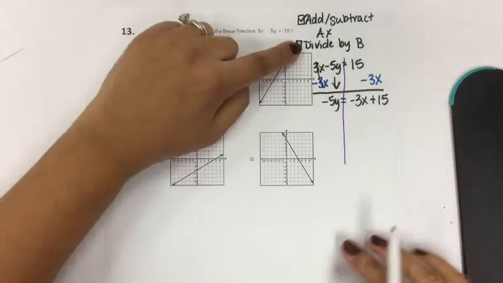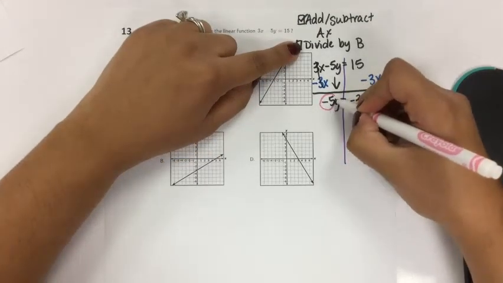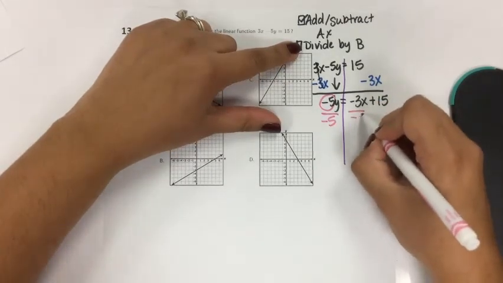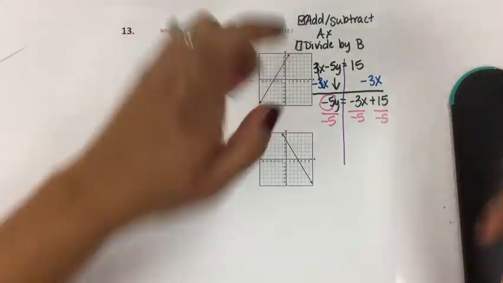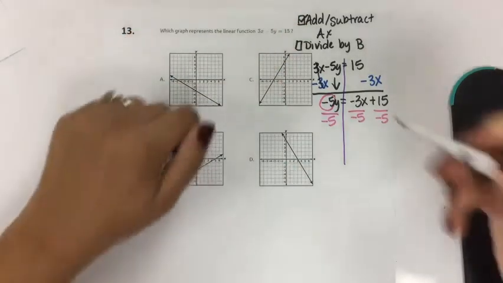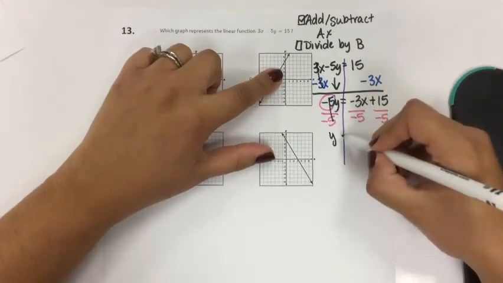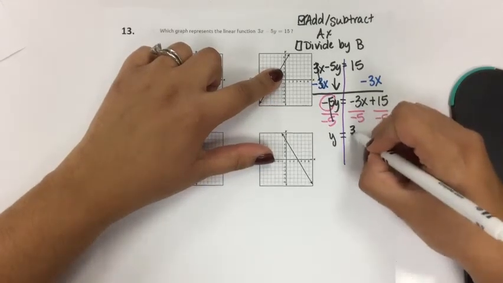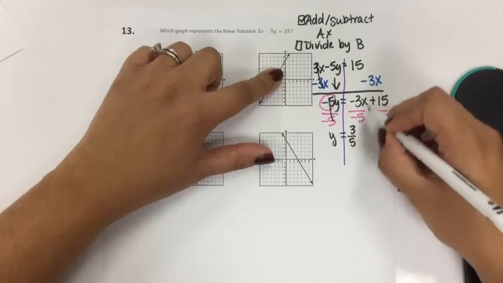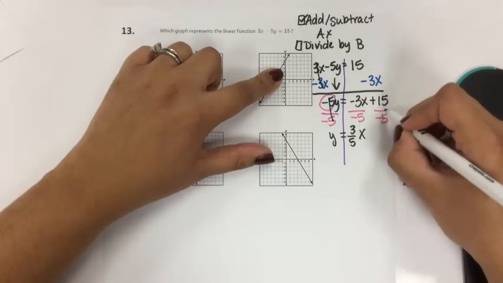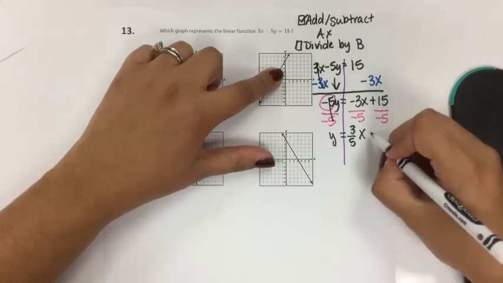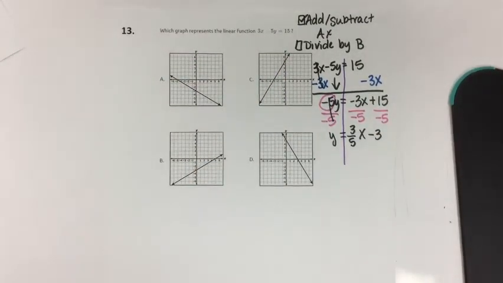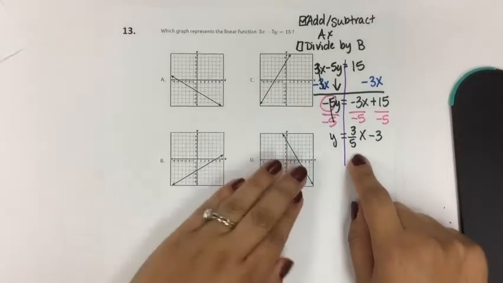My second step is to divide by b. So I'm going to take this -5, it's my b value, and divide by it. What I do to one side, I got to do to the other. Okay, so that goes away. I'm left with y equals. Negative divided by negative is positive. 3/5, that's as simplified as that gets. Bring down my x, and 15 divided by -5 gives me -3. So now I have my equation in slope-intercept form, and I'm going to start looking at these graphs, and I